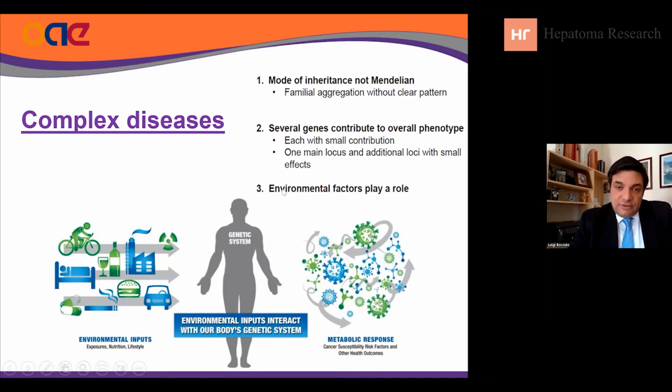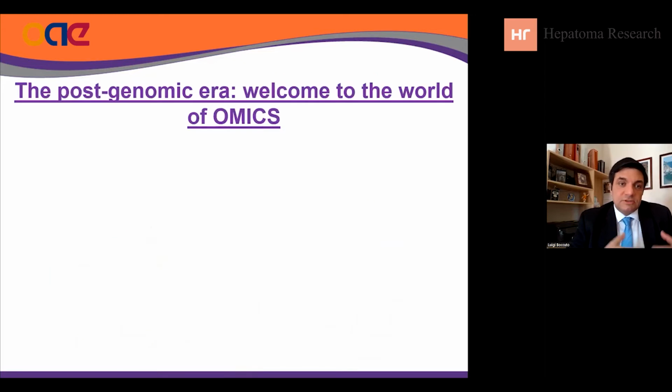And then the third element of complex disease is the environmental factors. The environmental factors may play a role that may vary from a simple trigger, when the genetic component is relatively strong, to the sole causative effect. So again, it's very complicated to assess what is the actual contribution of these environmental factors, because they may vary from individual to individual. So once we have an overview of a complex disease, particularly related to NAFLD, what is the role of genetics?